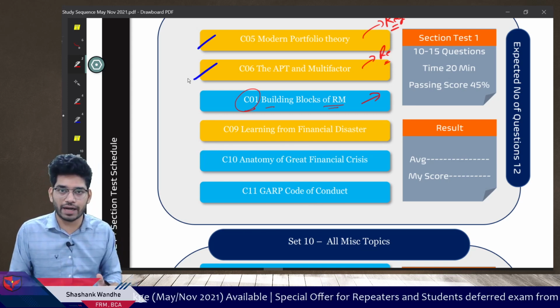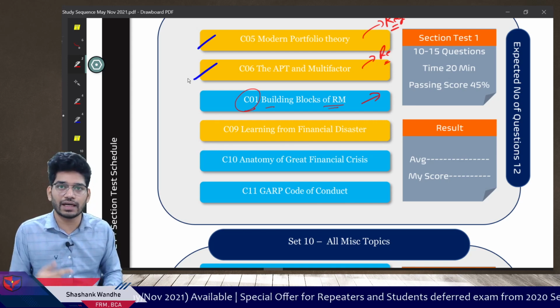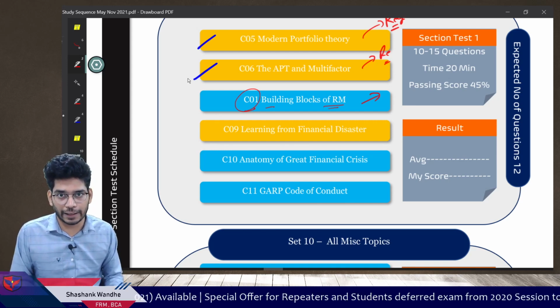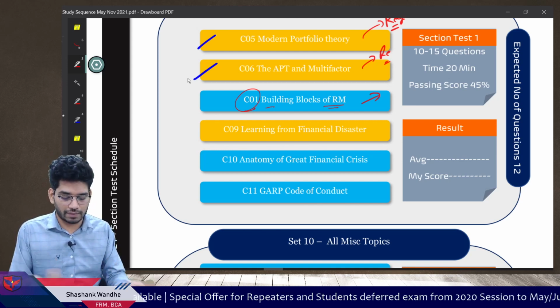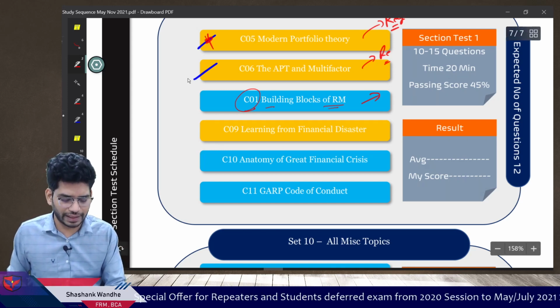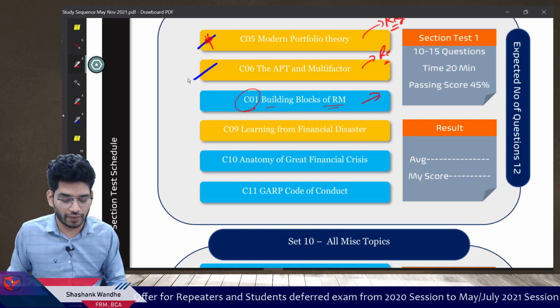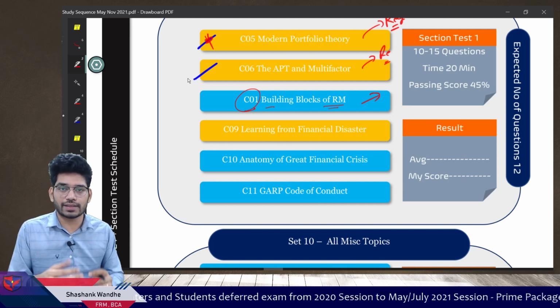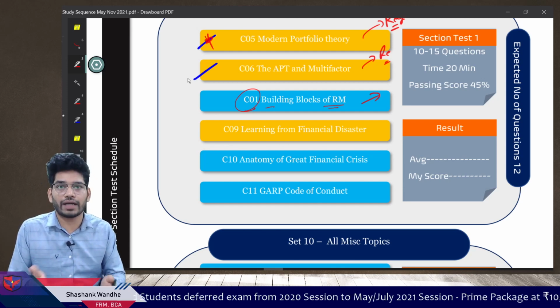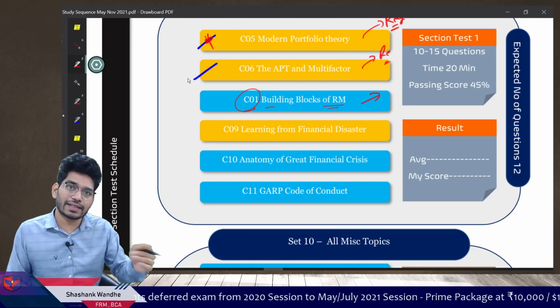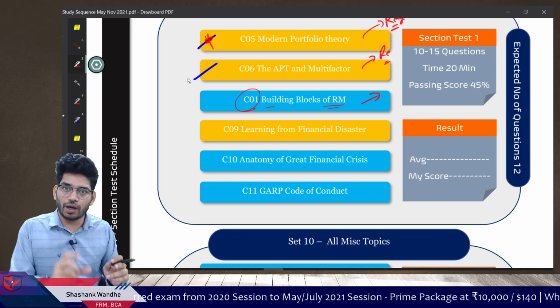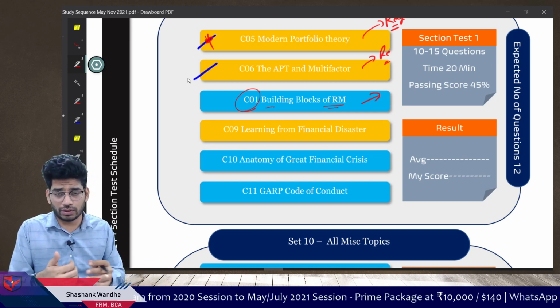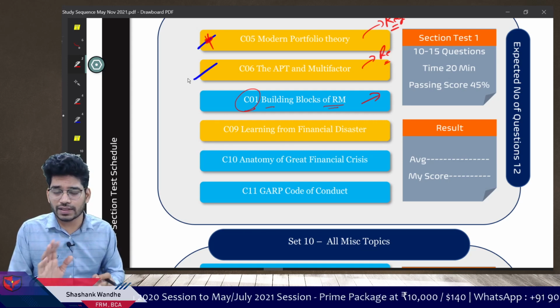There are 2 prime advantages of following this sequence. First, it will offer you better understanding. Let's say you are studying chapter number 5 in book 1, and you come across lots of mathematical jargon you may find troublesome, but these jargons are simplified in book 2. So if you follow a particular pattern, it will provide you better understanding. Okay, this is the first advantage.